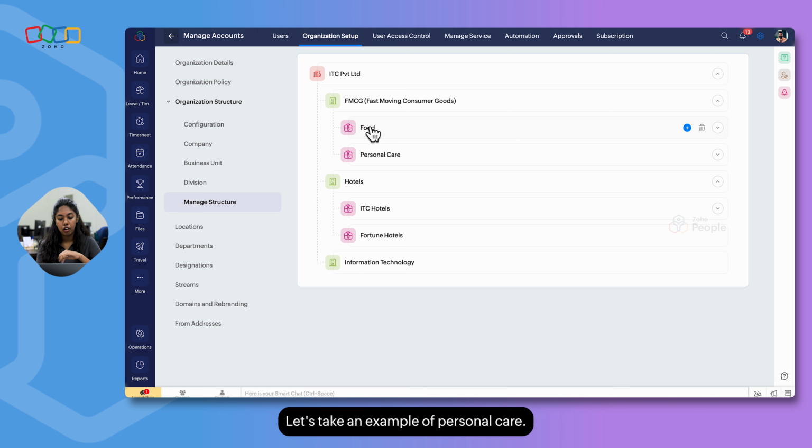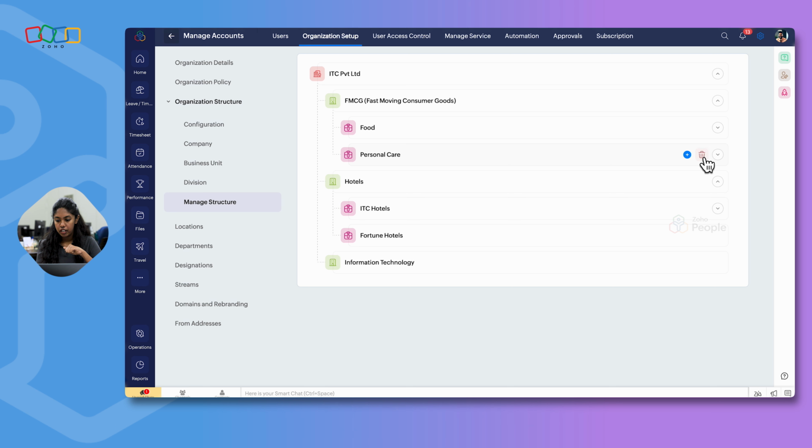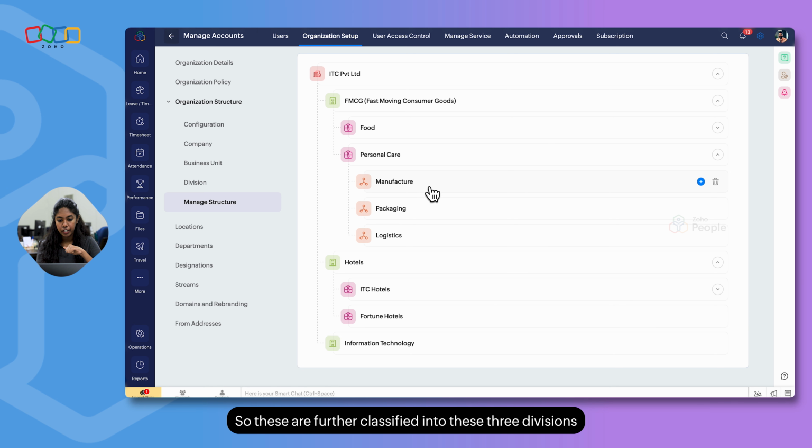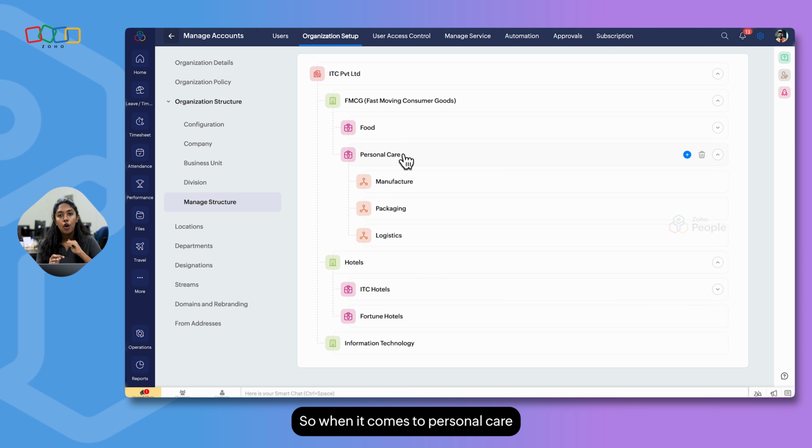Let's take an example of personal care. It is further classified into these 3 divisions, that is manufacturing, packaging and logistics. So when it comes to personal care, one is a manufacturing unit, and once manufacturing is done, then comes the packaging unit, and finally it is logistics. So each of your business units can be classified into multiple divisions.